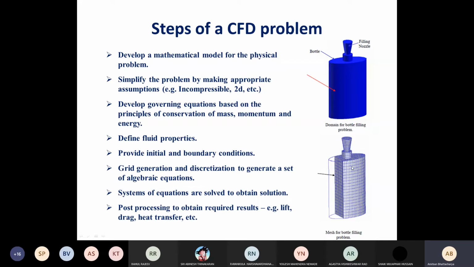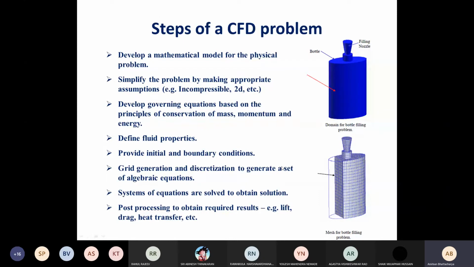But ultimately, by solving this set of algebraic equations, if we have 5000 equations, we will also have 5000 unknowns. Okay. So for each control volume, we will have 5 unknowns: the U, V, W velocity, pressure P, and temperature T. So 5000 unknowns, 5000 equations. We will solve these 5000 equations to get the 5000 unknowns. And finally, that provides us the solution.